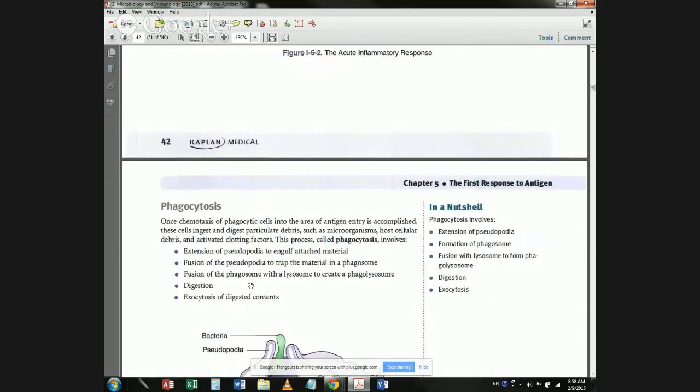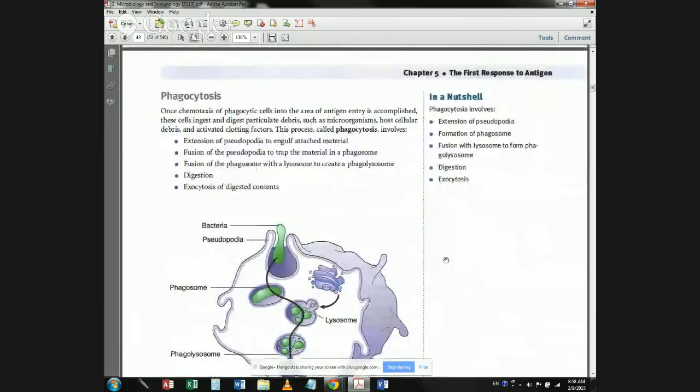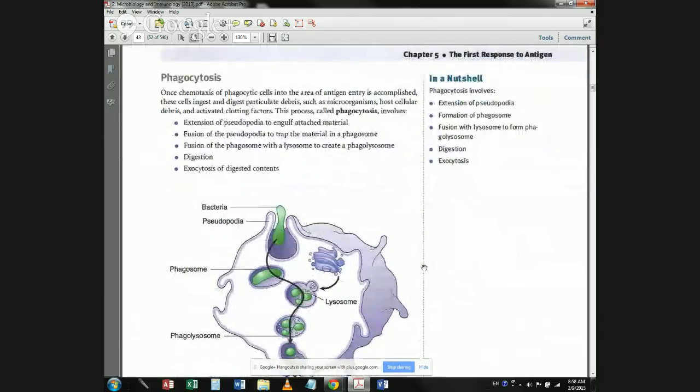Okay. So now what happens, now that the neutrophil is at the site, you have phagocytosis. Once chemotaxis of phagocytic cells into the area of antigen entry is accomplished, these cells will ingest and digest particulate debris such as microorganisms, host cellular debris, and activated clotting factors. This process, called phagocytosis, involves, wow, okay,